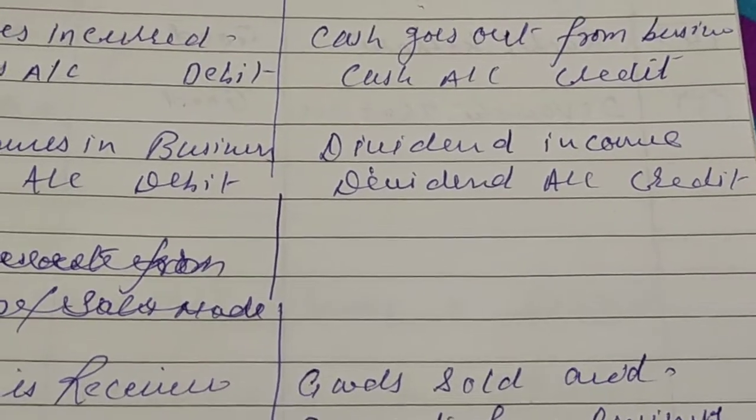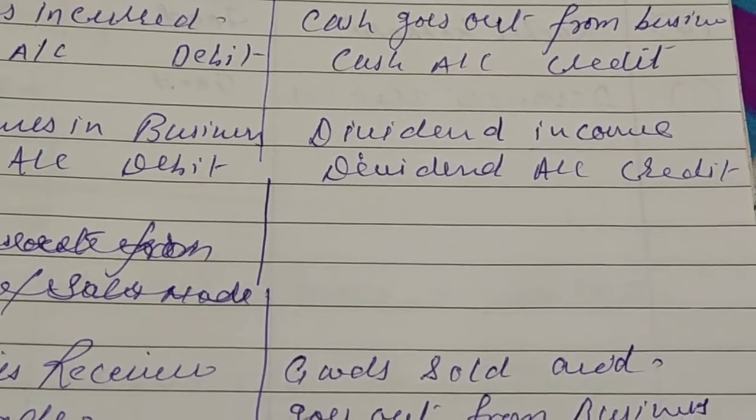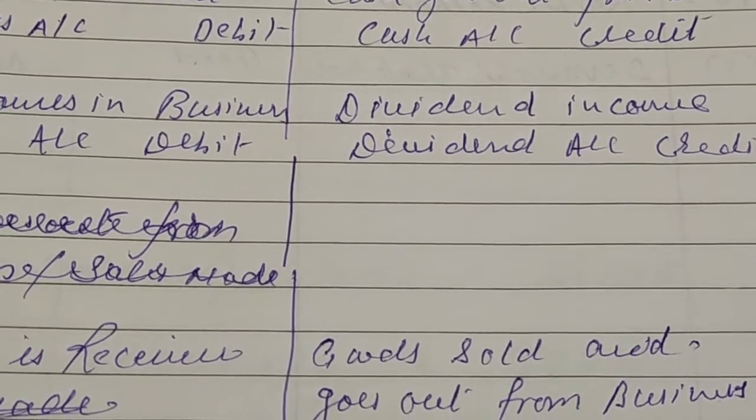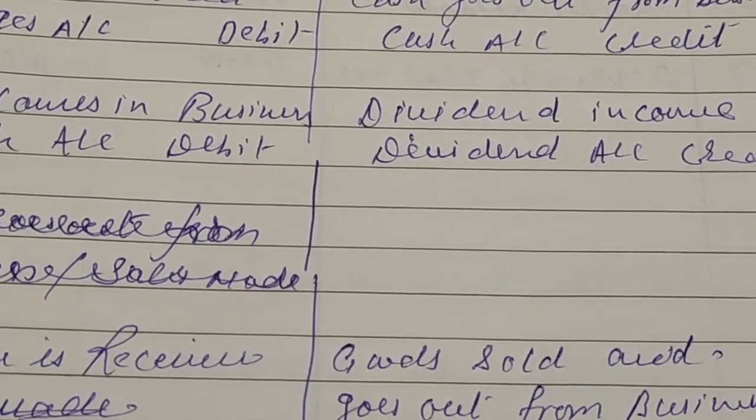As per the rule of nominal account, all incomes and gains are credit. You can see the last class topic. So in the nominal account, all incomes and gains are credit. Next,